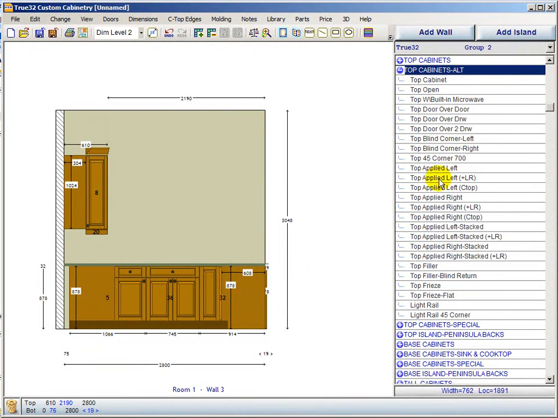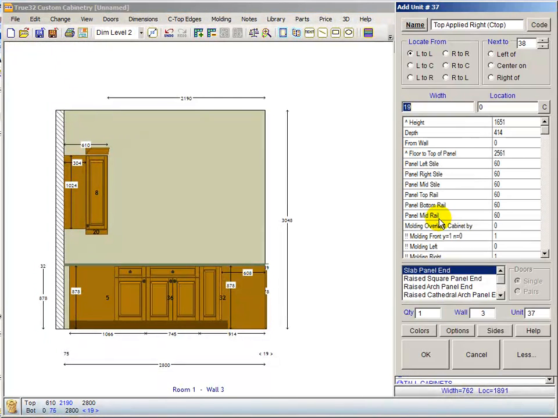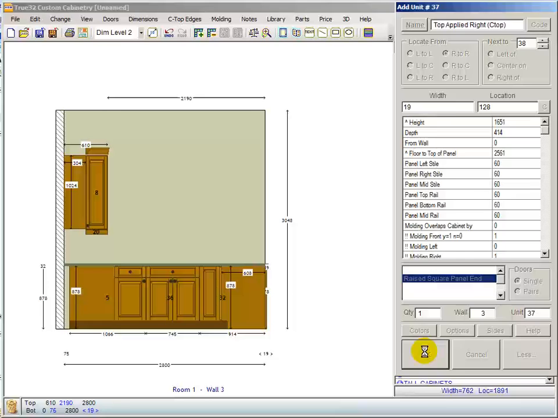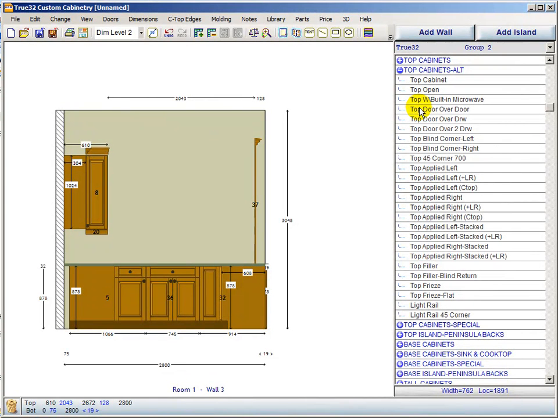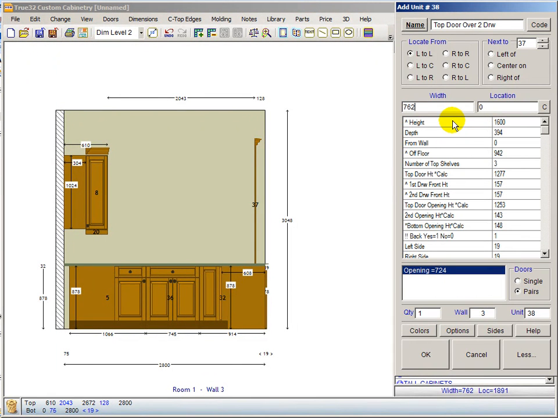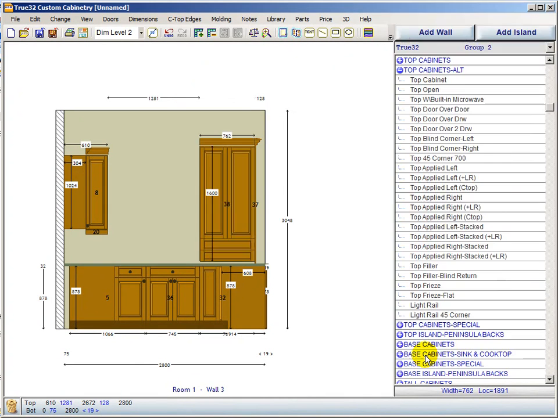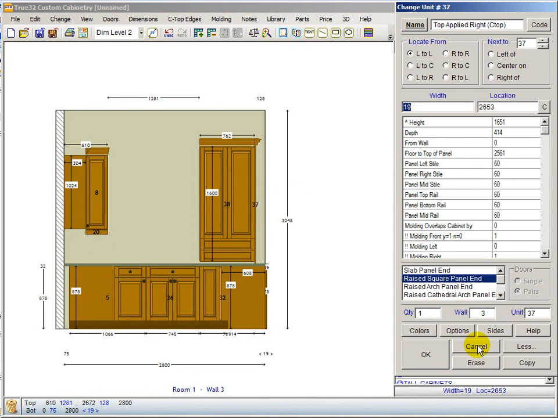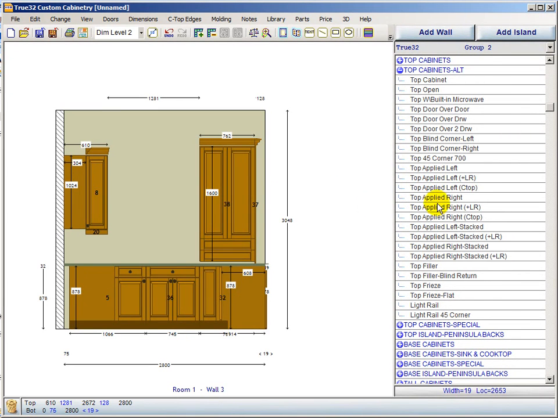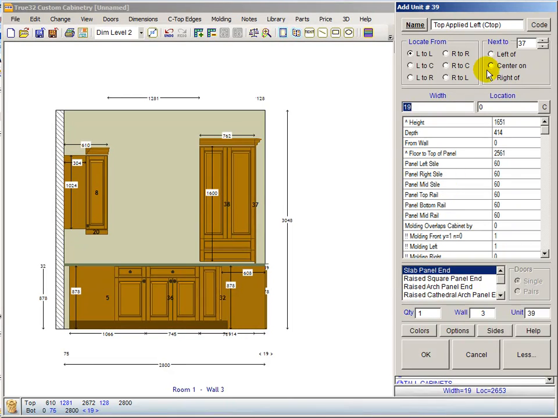So let's do that. Let's come in here and say we want a top applied end right to the countertop, raised panel, and the right position is 128 millimeters. We want our top door over 2 drawers, and we want it to be 762 millimeters. It is left of 37, and see it's 394 millimeters deep, and that applied end is based off of that, so it's 414. And then we're going to do our top applied left to countertop, and left of 38,